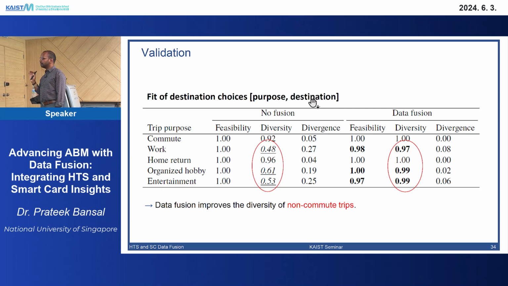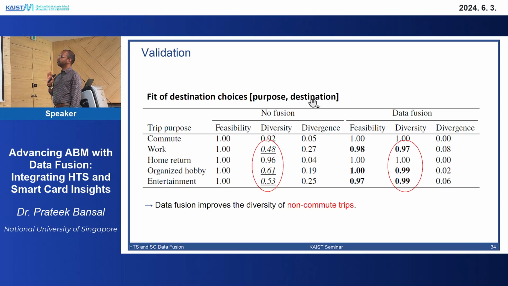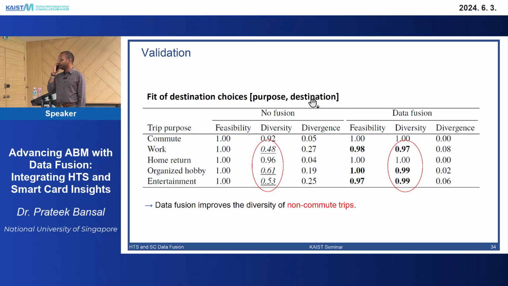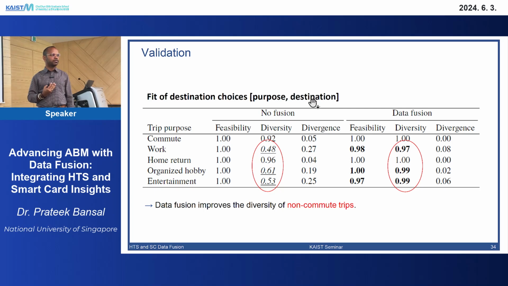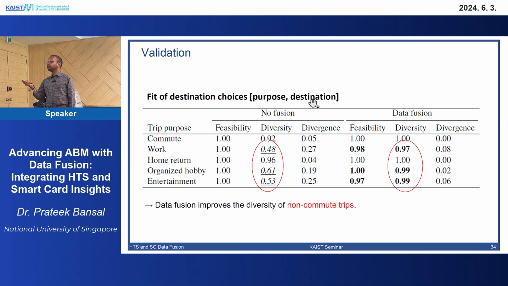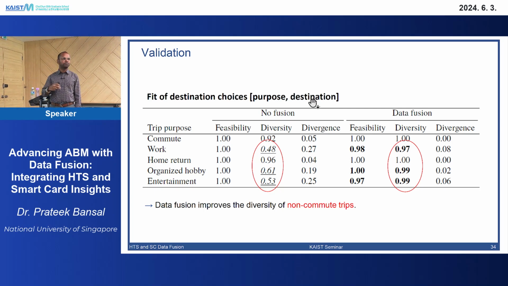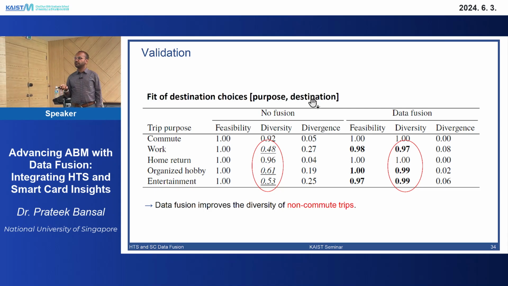Now let's look at the main results on feasibility and diversity, for no fusion and data fusion. As I said, when you do no fusion, you just extrapolate the household travel survey data. You have 100% feasibility because you are not generating any new attribute combinations. Whatever you generate is already from the actual population. So you achieve 100% feasibility. When you look at the diversity part,